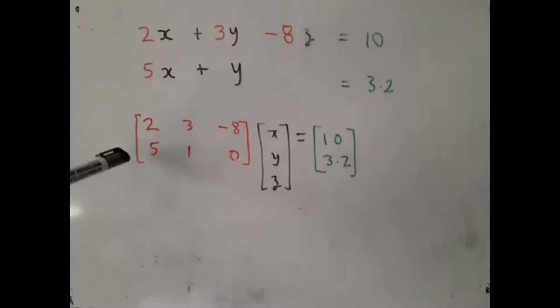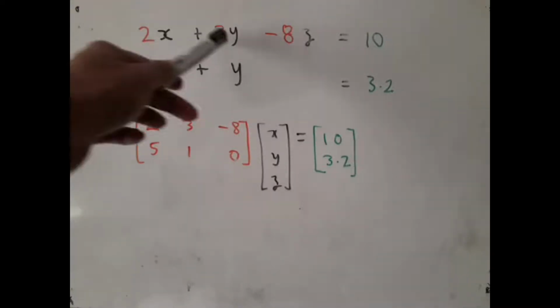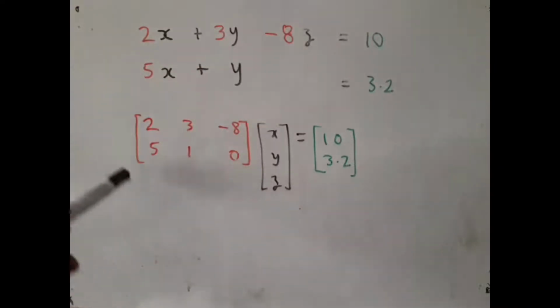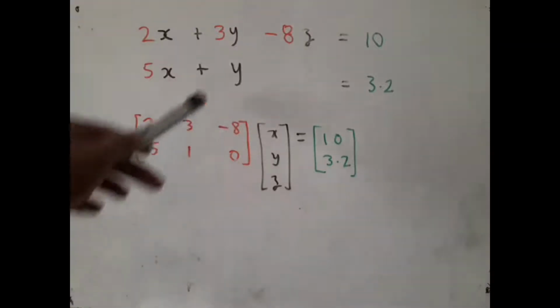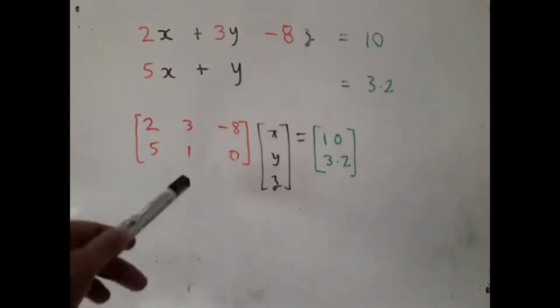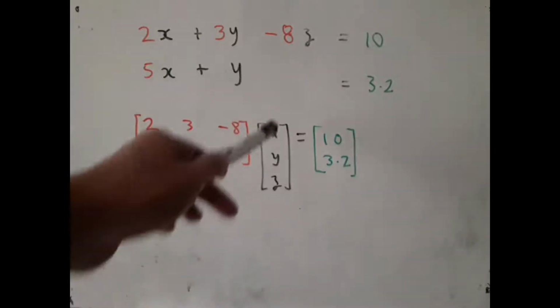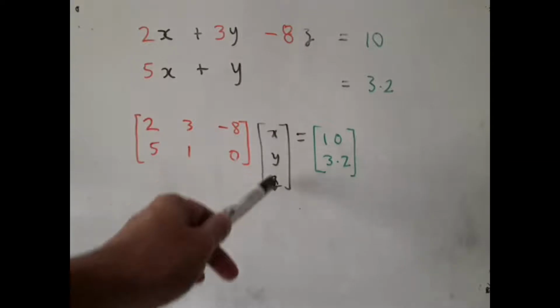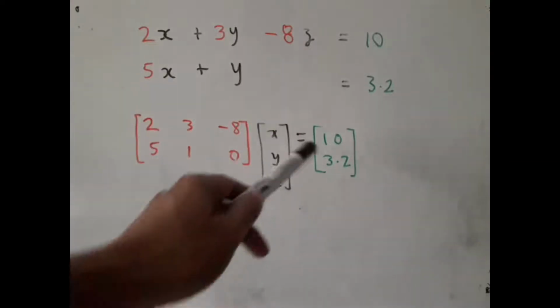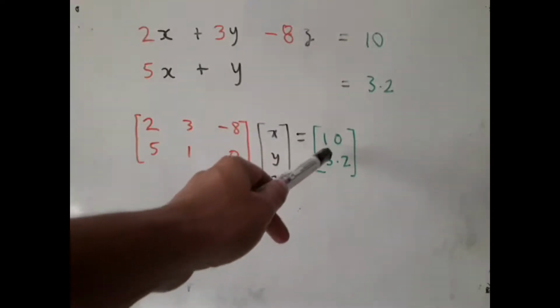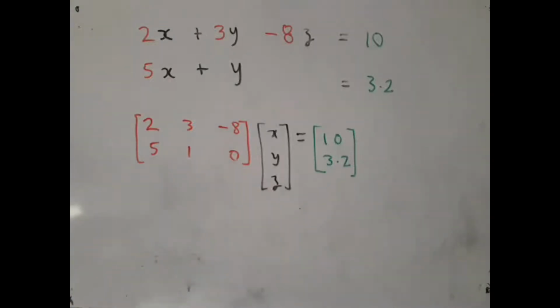We can write it in the form of a matrix by extracting all the coefficients in this matrix, 2, 3, minus 8, etc. Here the coefficient is implied 1, no z, which means the coefficient here is 0. And we collect all the unknowns as x, y, z as a column vector and the right hand side as 10 and 3.2. So the general form is